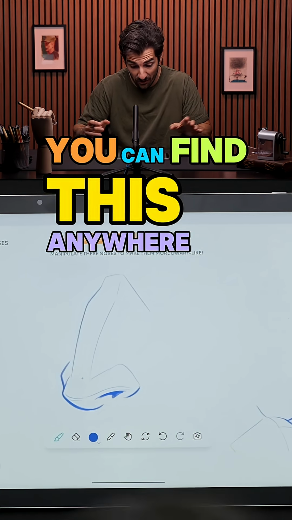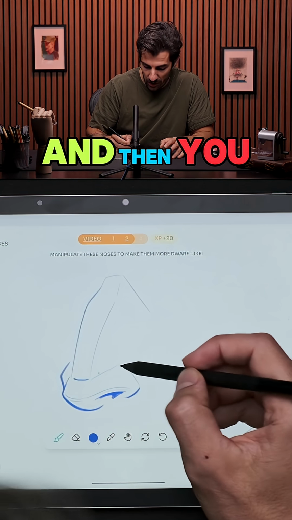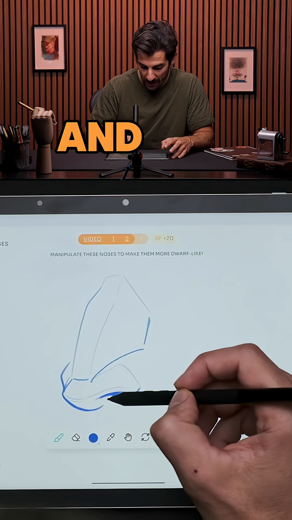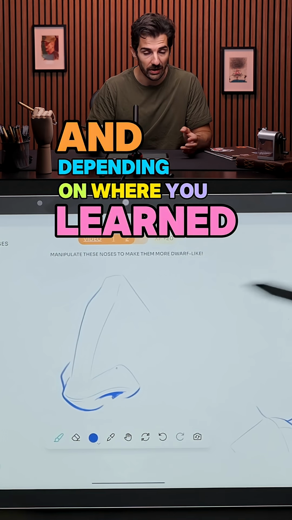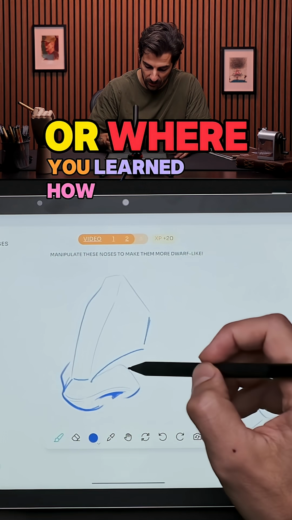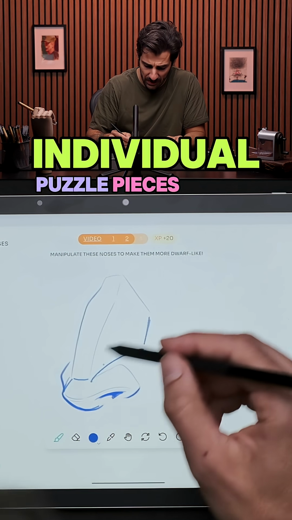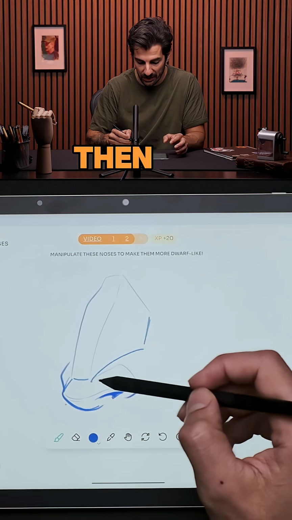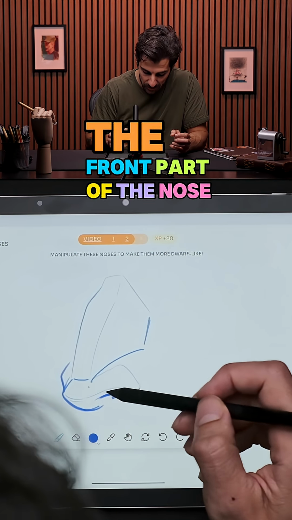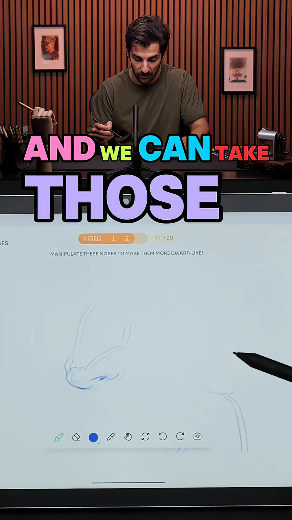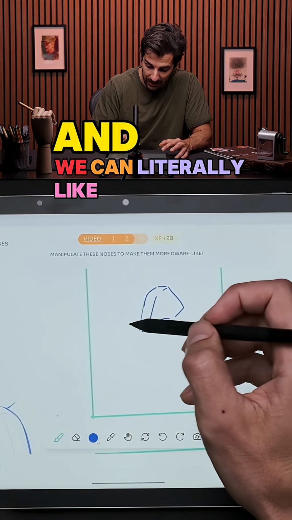You can find this anywhere or you draw your own, and then you break it down into these sections, right? And depending on where you learned how to draw noses or where you learned how to break it down, you can then take these individual puzzle pieces. So, for instance, we have the bridge of the nose, and then the front part of the nose, and the fatty parts, and then the nostrils of the nose, and we can take those and literally play